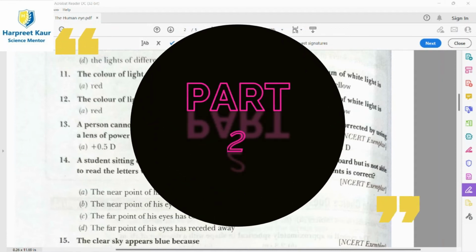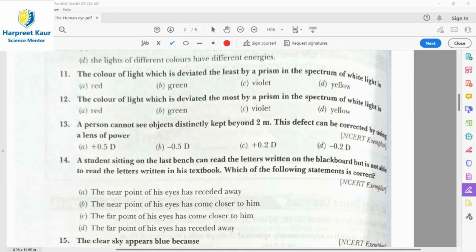So children, let's start with question 11. We had done up to the 10th question in the previous video. Here the 11th question is: the color of light which is deviated the least by a prism in the spectrum